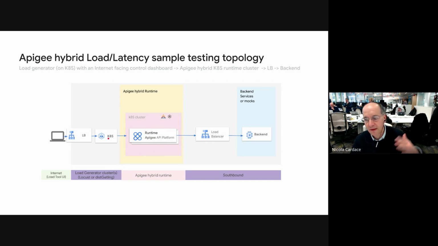Gatling to make sure that you are simulating traffic from a million different clients, each with their own API key and their own OAuth2 token that is very likely short-lived. You run it at, let's say, 10,000 calls per second, and within that throughput, every minute the token expires, and before expiry, each individual client will hit the token refresh endpoint, because the OAuth2 protocol allows you to do that.